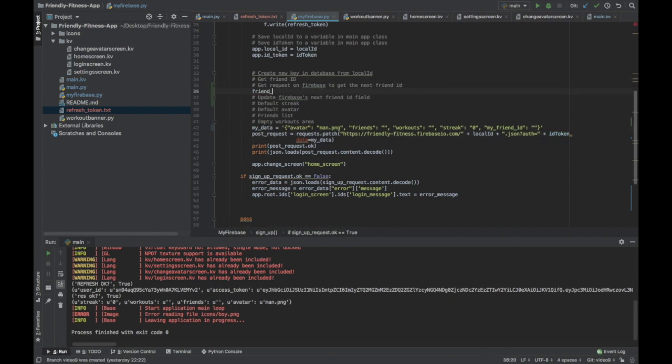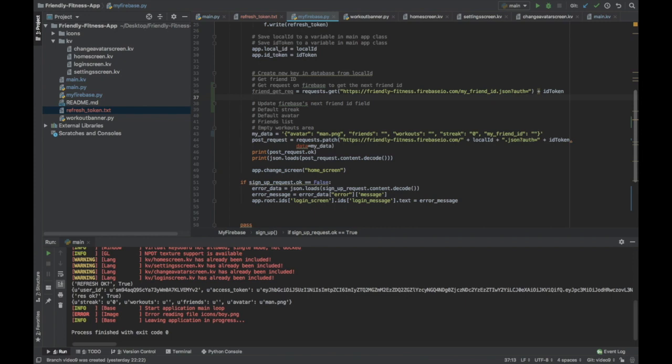So I'll say friend get rec is request.get, and then I have to send to this URL, right? And I'm sending it my request to the next friend ID field .json. Then I have to pass it the authorization, because remember I said you're only allowed to read that if you're authorized in some sort, so if you're logged in. Okay, and now I'm just going to assume that that works. It might be a little bit dangerous. But I'll say friend ID is friend get rec.json, and then I'll be getting the